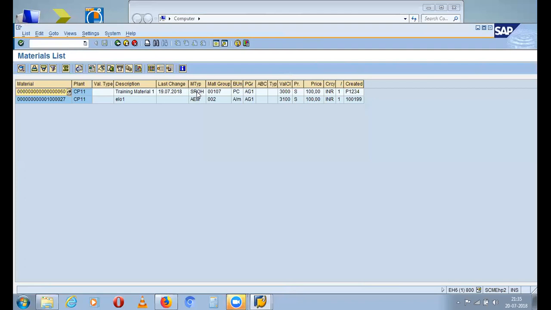In real scenarios, what can happen is the basis people will give you the permissions. There will be a group of users for whom a set of permissions will be granted. For example, there is one material master group who are only responsible for creating the materials.